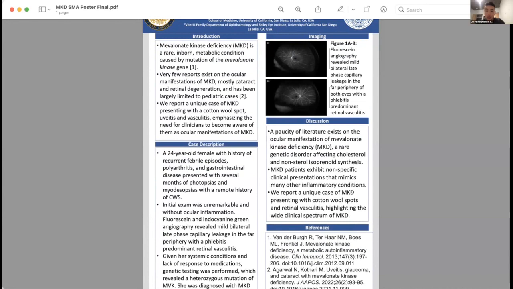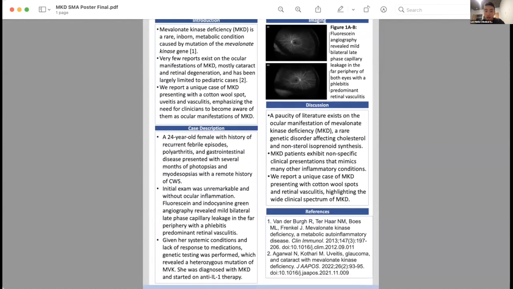Yeah, thank you, 100%. So initially, since she had polyarthritis, we thought this could be a systemic, like you said, a rheumatological disease that's causing the vasculitis in the eye, which is entirely possible. But she had been treated for systemic diseases for years. However, this onset was later, so we became more suspicious for other potential causes.